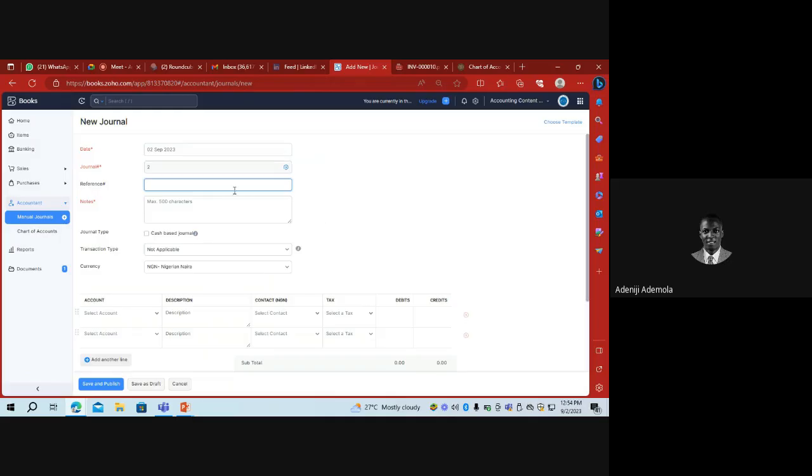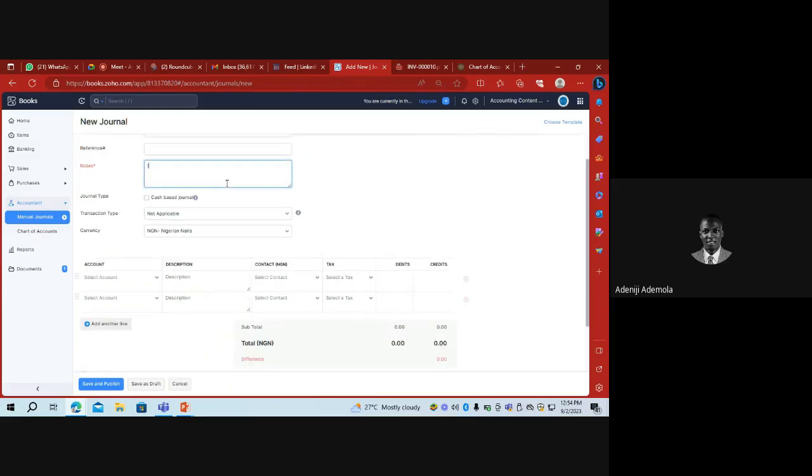So to do that, I will now say what's the reference. I can put a payment journal reference number. I can put the description to correct wrong posting. That is why they put this journal entry under accountants, because they believe accountants should have understanding of the right posting. So then transaction type, I can put it is sales. And what transaction do I want to affect? Since I debited my receivables instead of debiting my bank,